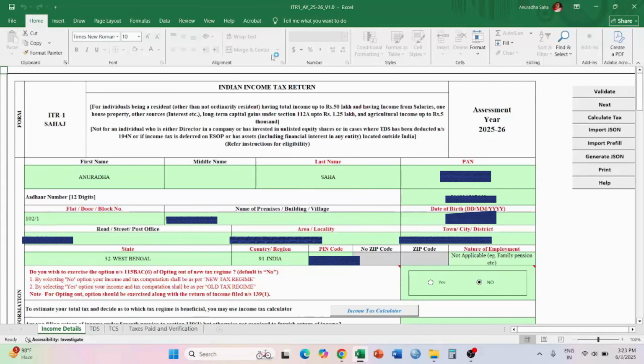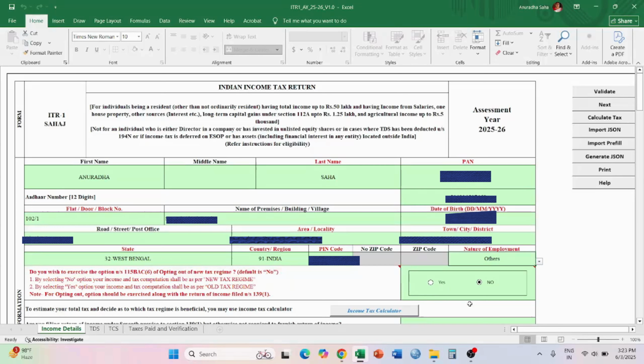Now the first work that we are going to do is click on nature of employment, and since we are talking of salaried employees, we are going to select over here. Once we click on this, we get a drop down. I click on the drop down and I select others.